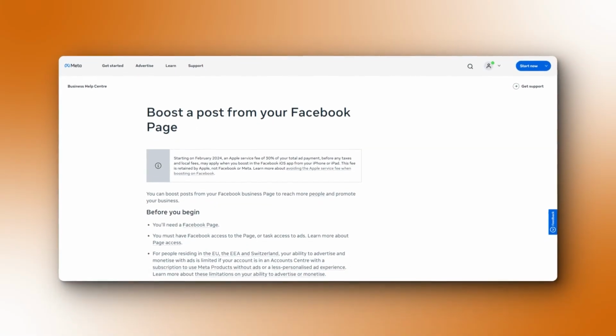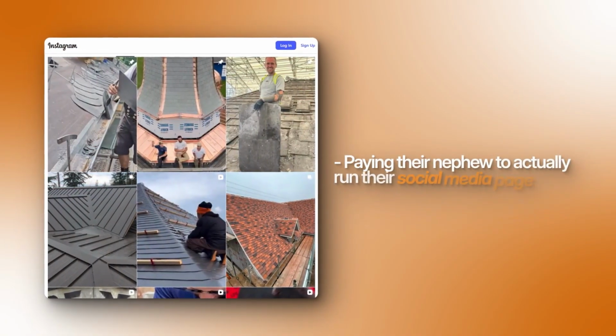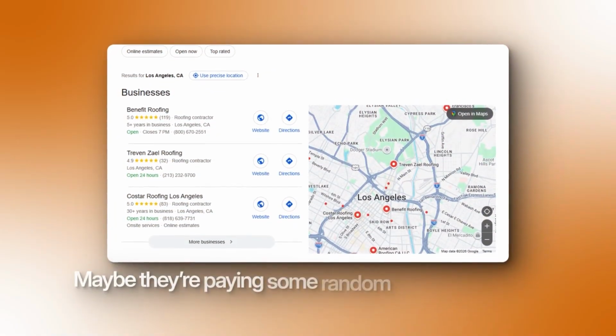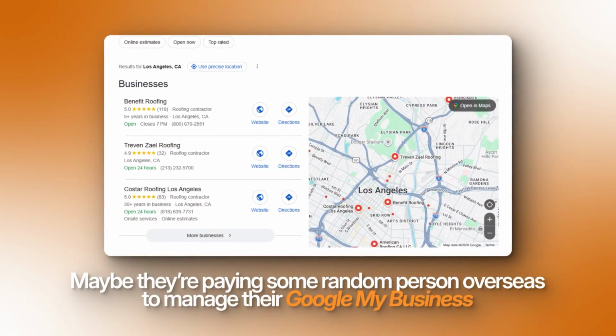I also like to make sure that these people are actively spending money on marketing, even if it's not working. A lot of prospects that I talk to, maybe they're boosting Facebook posts, maybe they're paying their nephew to actually run their social media page, maybe they're paying some random person overseas to manage their Google My Business. Although that might not be the best way to grow their business, it shows that they're trying. A lot of these people have no time to actually go in and learn the skill of marketing, and they'd rather outsource it to somebody who actually knows what they're doing, or just give it a shot in some sense,